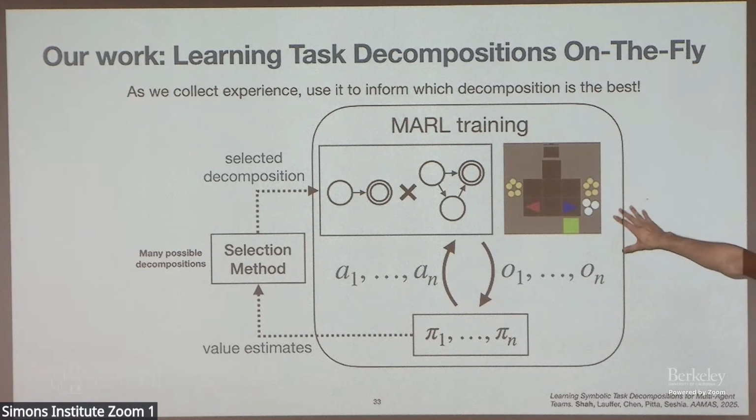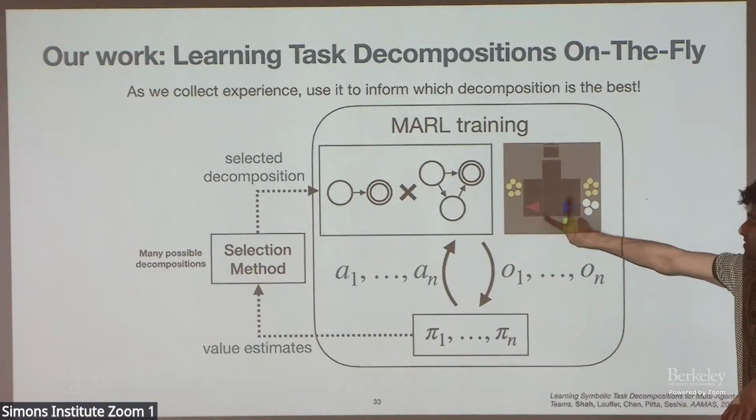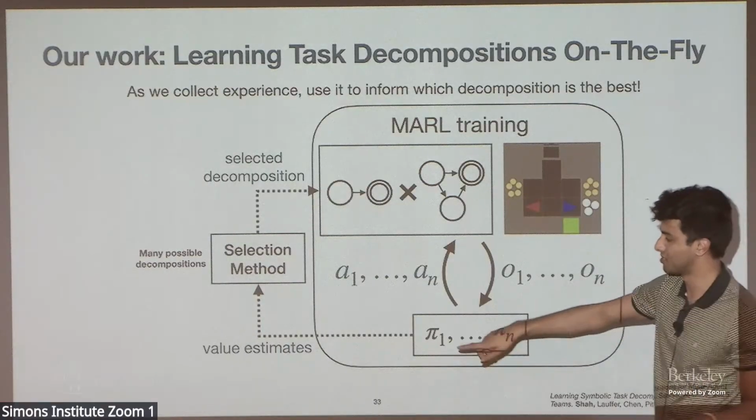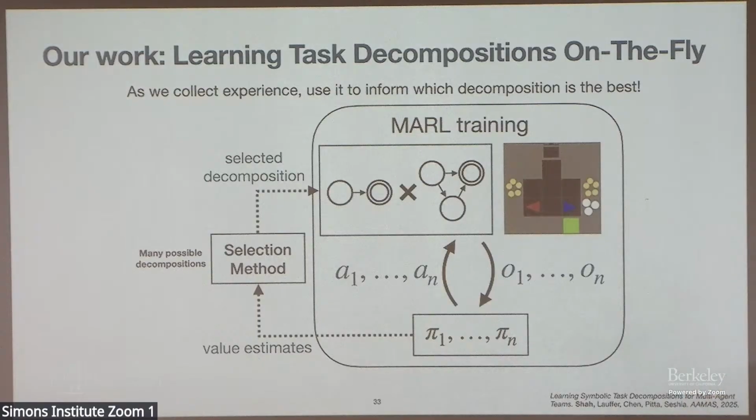Based on that information, it'll say, okay, in decomposition 4, the agents managed to accomplish their task 75% of the time. And I'll get an estimation of how good that decomposition was. So I'll know, okay, given this decomposition, my team of agents were able to accomplish it really efficiently, or they weren't able to accomplish it efficiently. That's going to be the value estimates I use in the UCB algorithm. And that's how I'll be able to balance exploring and exploiting new candidates, by saying, okay, historically, how good were the agents at accomplishing the task? How many times have I assigned that decomposition? I'm going to balance that, and eventually I'll converge on a solution that I've sampled many times and that achieves a very good shared reward.